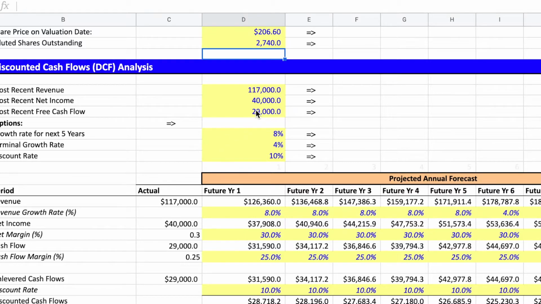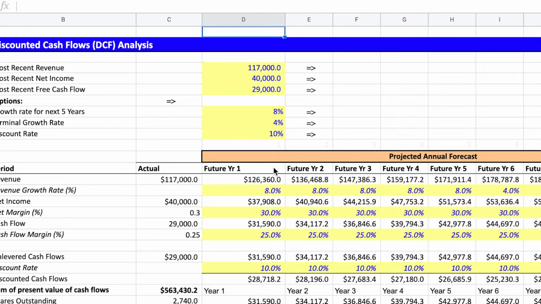So here we have the revenue growth rate of 8%, and this is one assumption I'm going to make over the next 5 years. The terminal growth rate is 4%. Terminal growth is essentially growth after 5 years for however long the company lasts. The reason why many people take 4% for various companies is because the global economy grows 3 to 4% every single year. Now, discount rate in simple terms is essentially the return on investment you want. Index funds return 10% on average over the long term, so I kind of want to match that with an investment in Facebook.